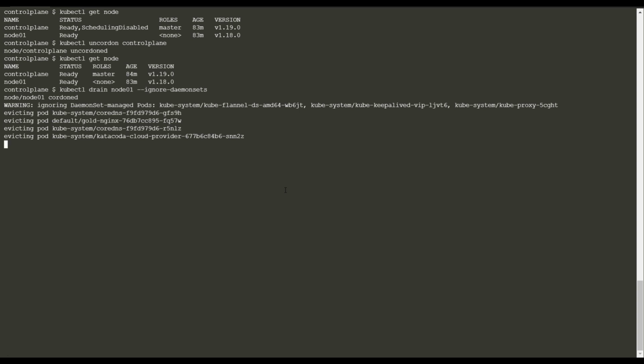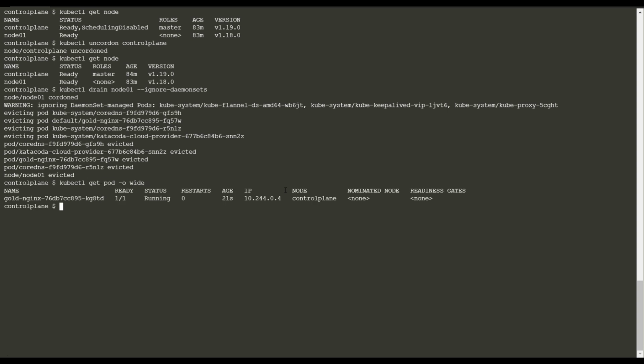So now it's evicting all the pods deployed on node 1 to the control plane component. kubectl get pod -o wide. So you find that the same pod which was previously running on node 01 is now running on the control plane node.